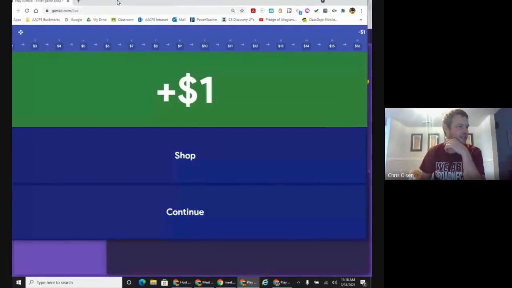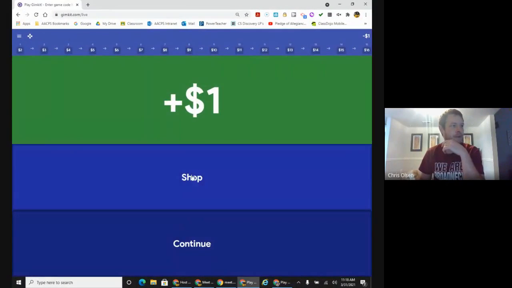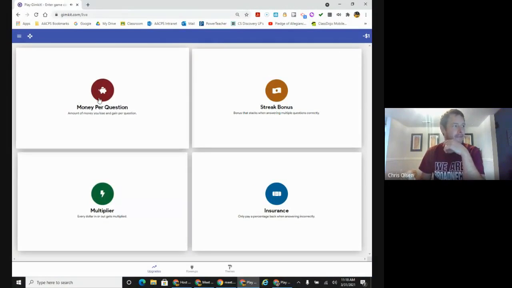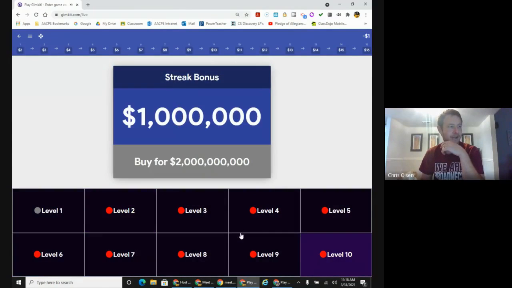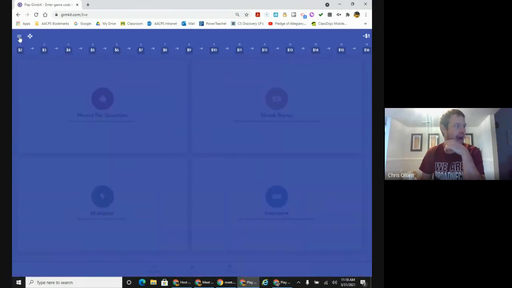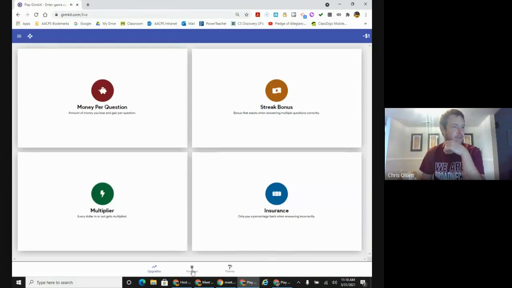And just to change the view for the student perspective, when you go into the shop, you have the various different upgrades, and you can see how it goes from pretty cheap at $20 to once you get to level 10, you're looking at quite a price tag to be able to get up to that type of a stage. You can go back, change other multipliers with power-ups.